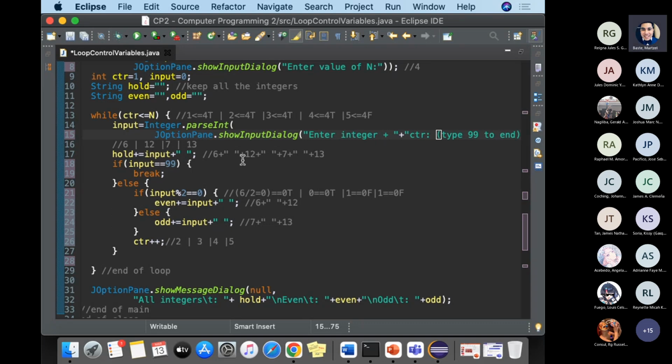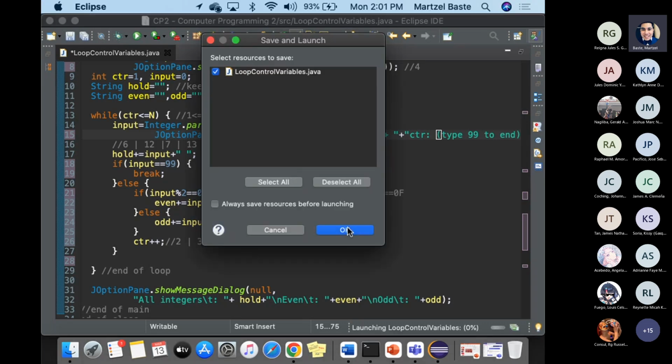Okay? What's another keyword that we can use is continue. Let's have the continue later on. So break only stops the loop but not the program. If you have another loop here, it will execute the next loop, but the entire program will not be terminated. So let's try. I put here